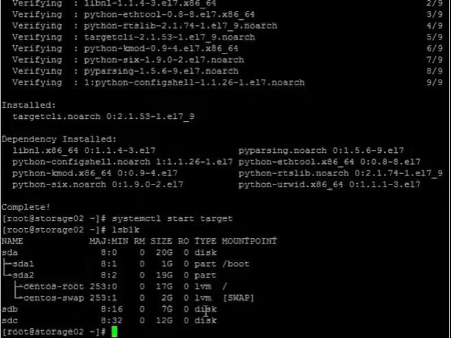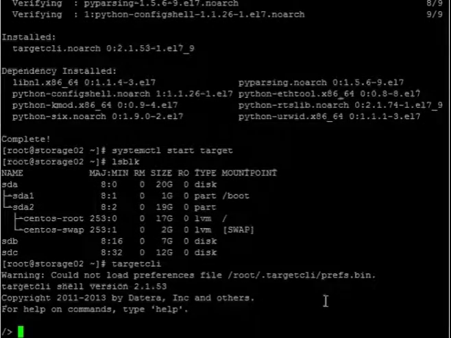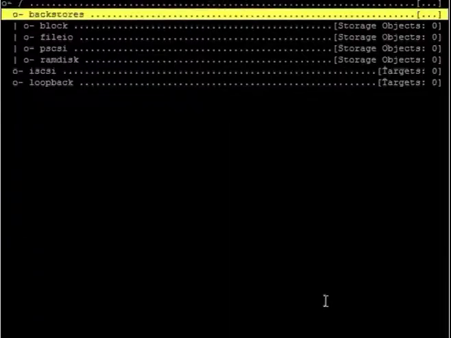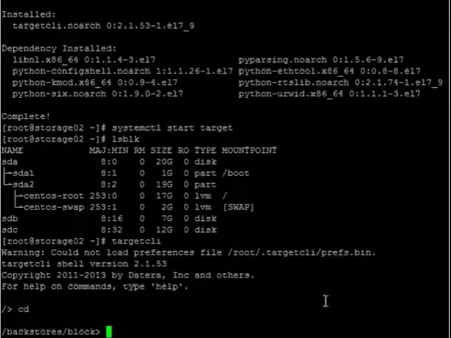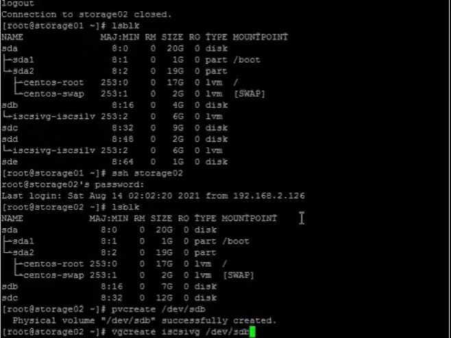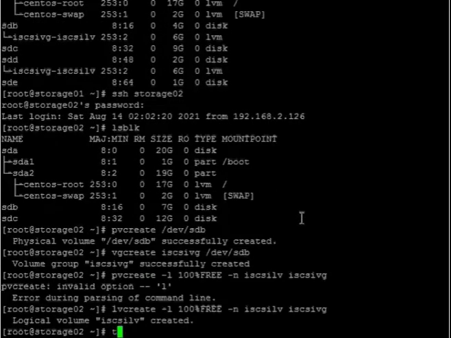And after that we will be creating the partitions. First we will create the backstore block device, then the target server, then the ACL, and then the LUNs to the target server. But let's first create the LVM.